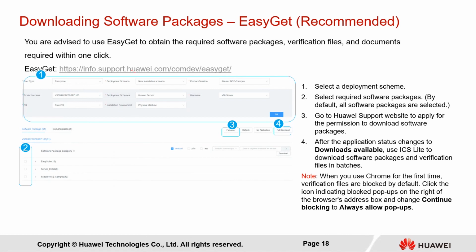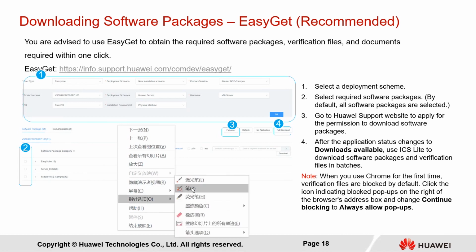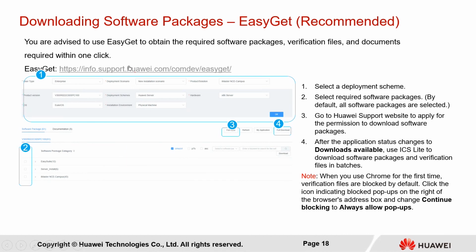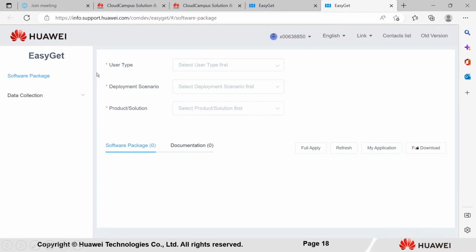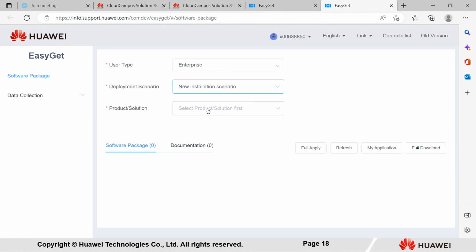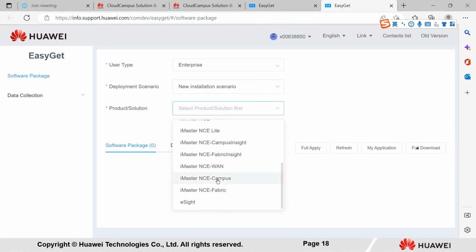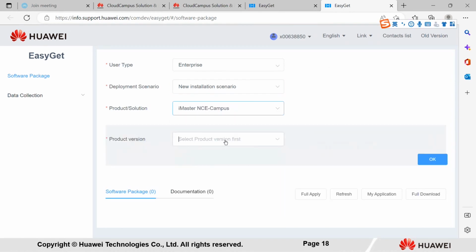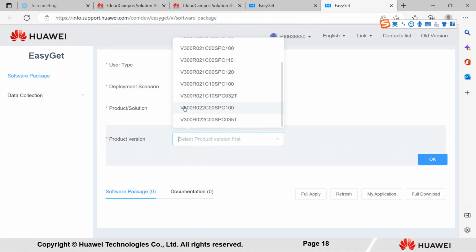Let me open this link. Yeah, so this is what EasyGet looks like. It looks exactly the same as we showed in the PowerPoint. So we select the user type. Obviously, we're enterprise, and the new installation scenario, and the product. We are iMaster NCE-Campus. Product version, select our latest version V3